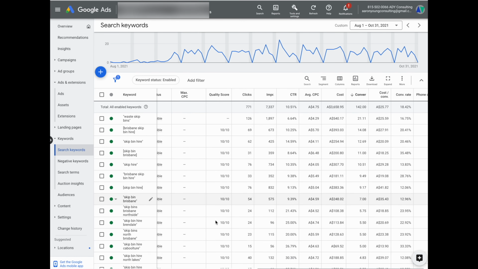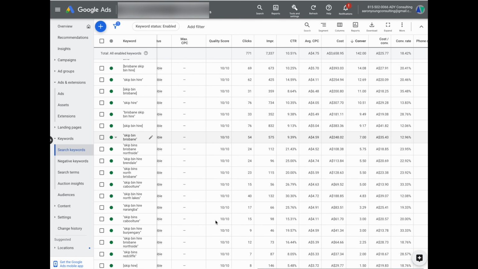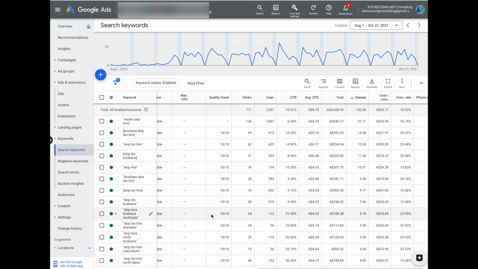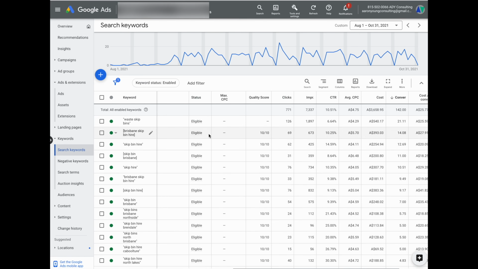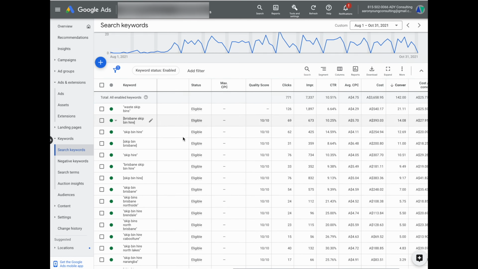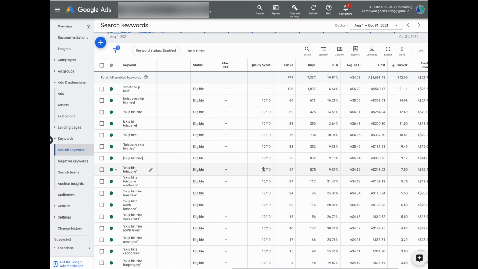And as you can see through here, we've got the majority of our keywords already up at that 10 out of 10 score. Now, with your quality score, it is important to note that if you have a quality score of under 3, you will actually see a status warning in here, which will tell you that your ads are not eligible to appear. So if you find that you have a quality score which is under 7 out of 10, so a 5 out of 10 or a 6 out of 10, what you actually need to do is you need to do